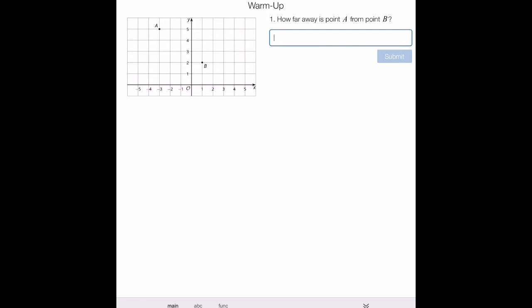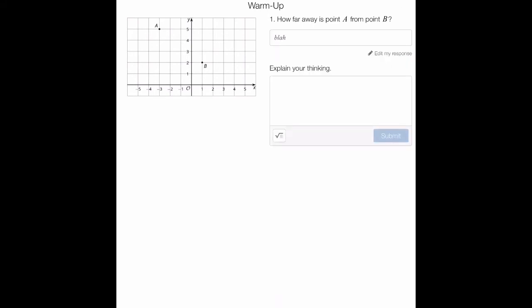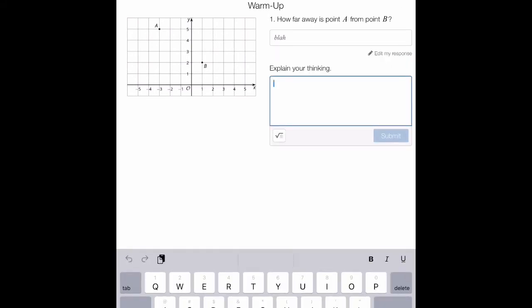This is not the answer. I repeat, this is not the answer. I'm just going to put blah, blah, blah. Okay, you tell me what your answer is, and then you hit submit. Explain your thinking. Tell me, why is that the answer? Blah, blah is the answer